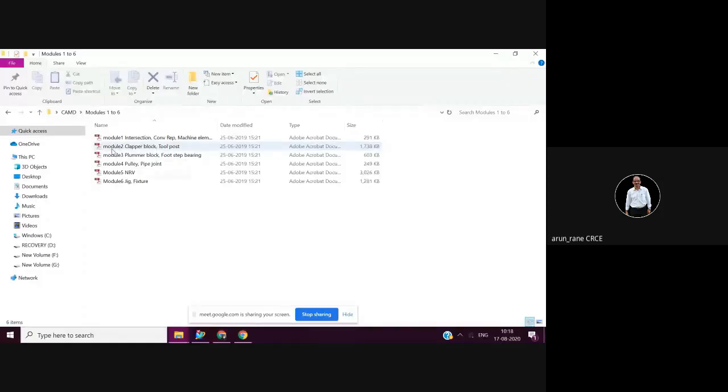Some part of the term work we have already done, that is intersection. Major part of the term work is devoted to modeling, wherein you have to do four assemblies depending upon time. In the exam, you have to do assembly and you have to do detailing also. So out of 50 marks, 20 marks for assembly, 20 marks for detailing, and 10 marks for oral.